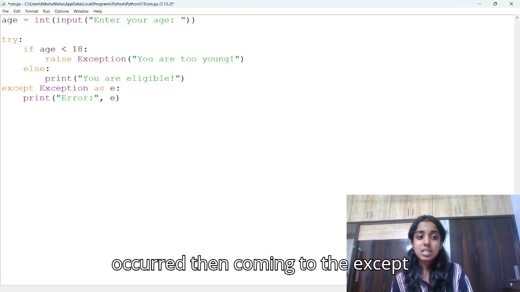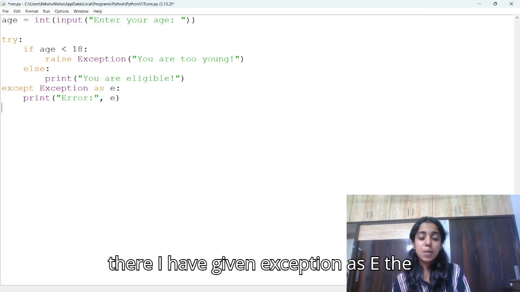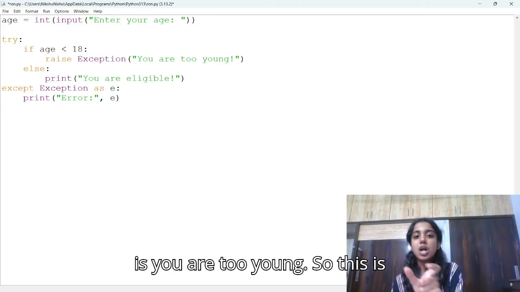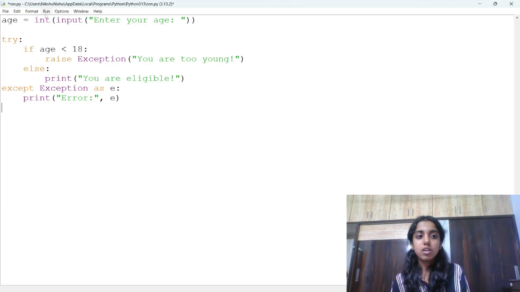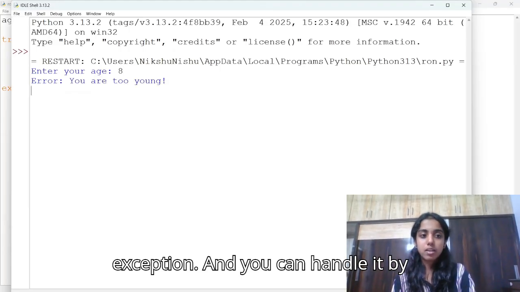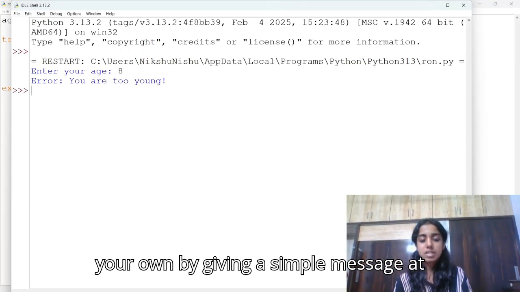Then coming to the except, there I have given exception as e. The e stores the printing statement, that is, "you are too young". Like this you can raise your own exception and you can handle it on your own by giving a simple message at the end.